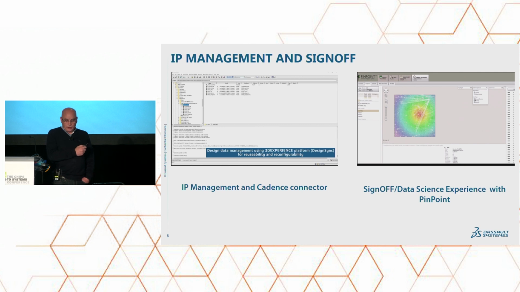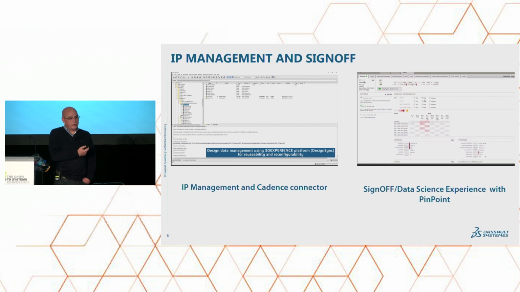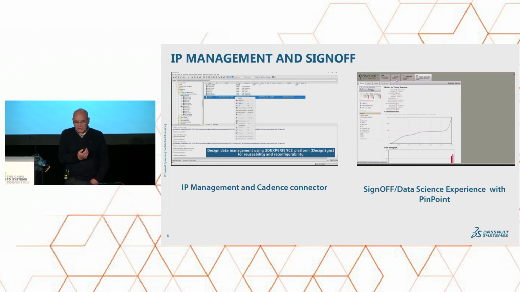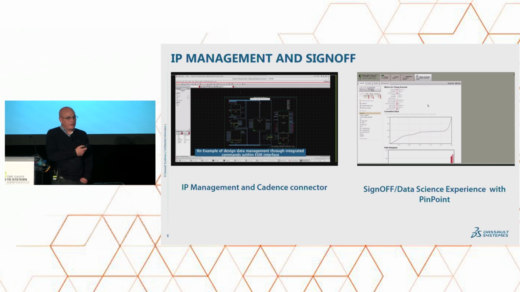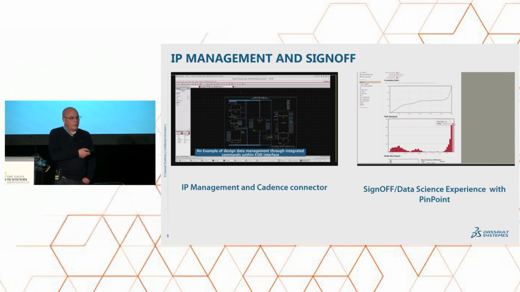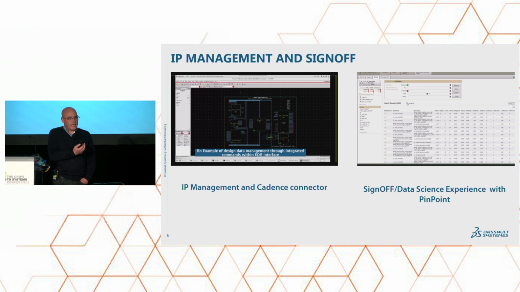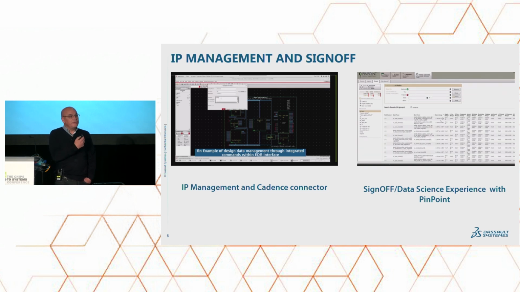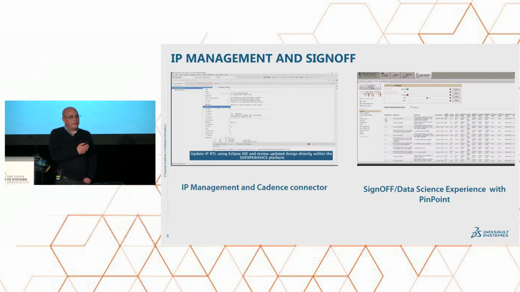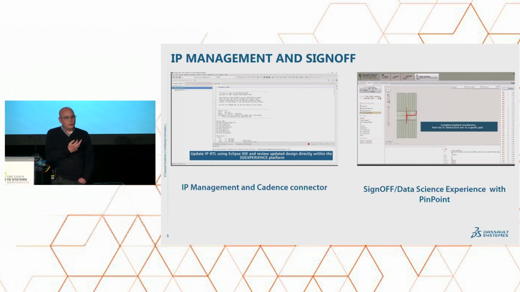On the right side, what you see is our ability to converge quickly to a performance, power, area design sign-off. What this means is that we collect data coming from timing, power, and area. We dashboard this data and we interpret this data in a way to show trends and to give designers the options that they have to close as quickly as possible on design sign-off.